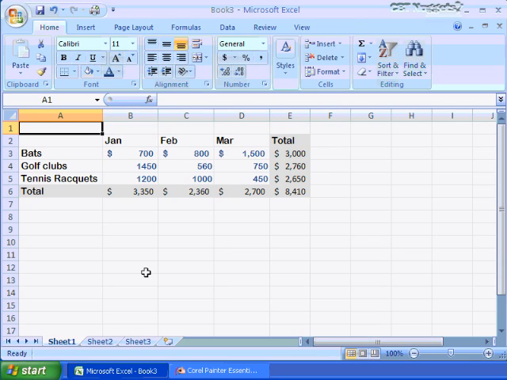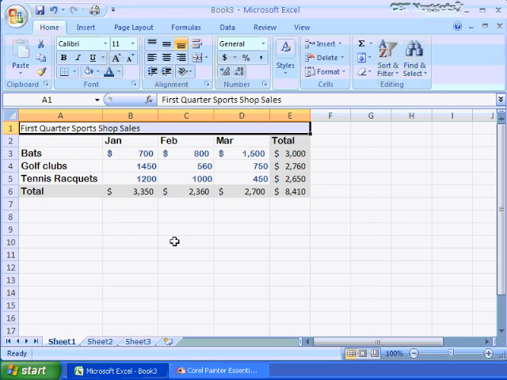What should we call this? Let's call this first quarter sports shop sales. I'll hit enter. That doesn't look so great though, does it? If I select all of these cells, I can center and merge these cells together so that my label first quarter sports shop sales will be nice and evenly centered across this entire selection, this entire spreadsheet,